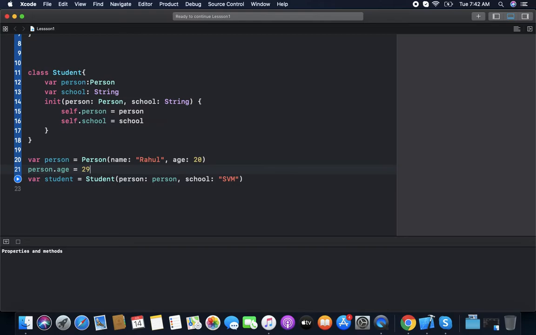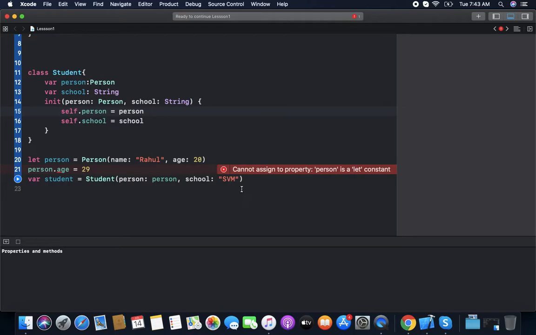But in the case of a structure, we can only change the property if person is var. If it's let, then we can't change any value, because you can see it says cannot assign to a property: person is a let constant, because it's a value type, and as we know, when we change the value it creates a new instance every time. So for let, it will never create a new instance.